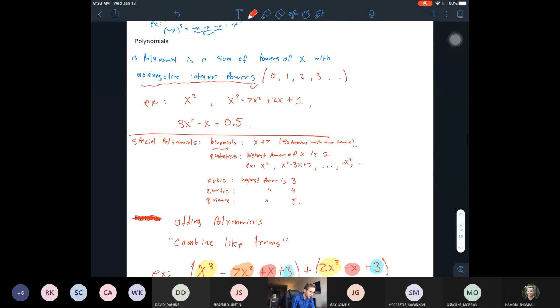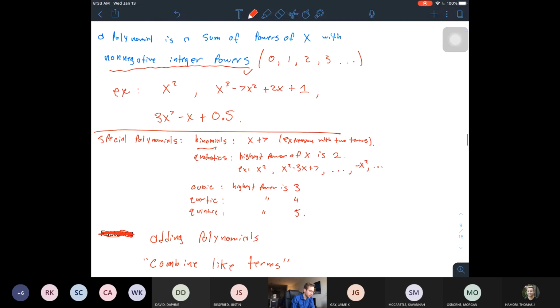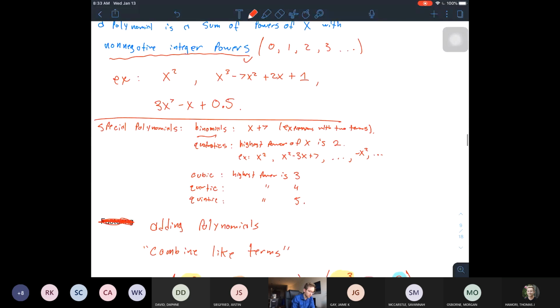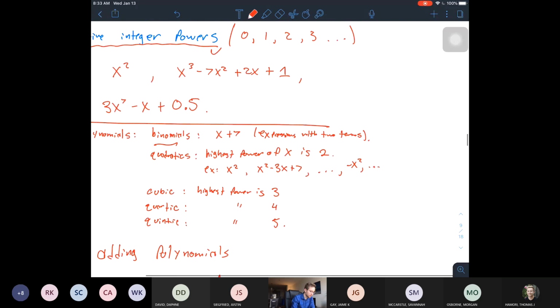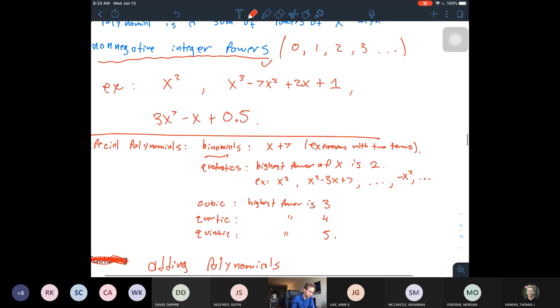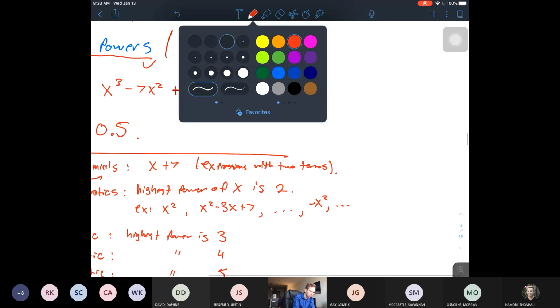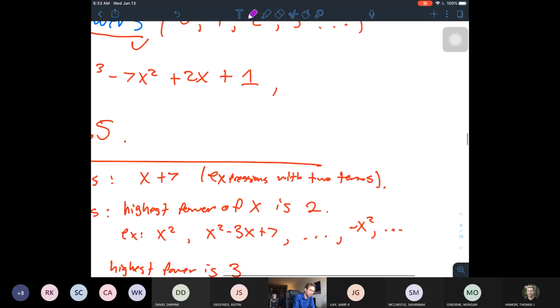And we learned about the definition of a polynomial. We said it's a sum of powers of x with non-negative integer powers, such as x squared, x cubed minus 7x squared plus 2x plus 1, 3x to the 7th minus x plus 0.5. All these are good. In fact, I could even give you one more, and that would be the general definition of a polynomial. This is how we write it. We write a_n x to the n, where n is some